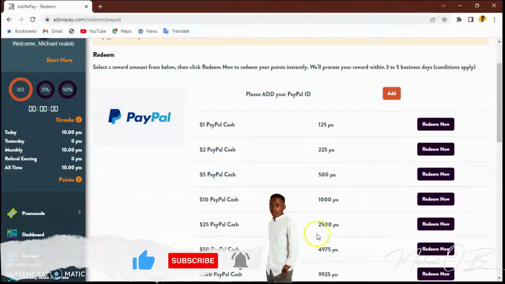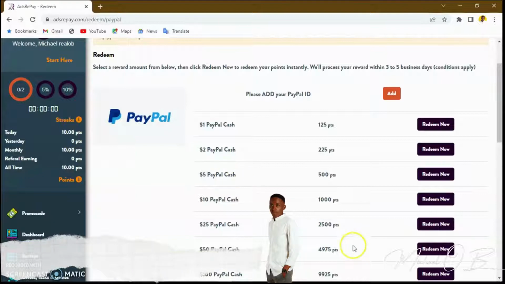Here we don't have 2000 points. So let's say you try and get 2500 points. You see that here I have 10 points. Those 10 points are what they give you like a bonus when you sign up. So let's say I have 22,500 points here.